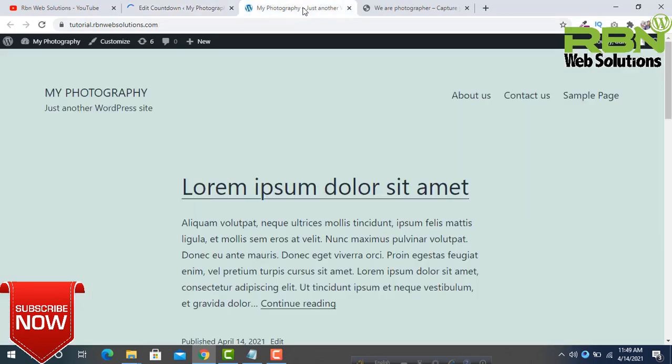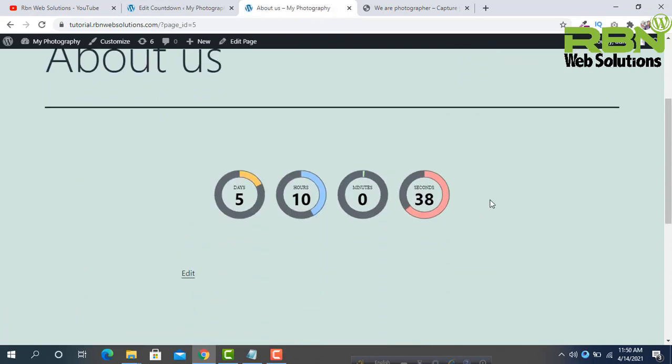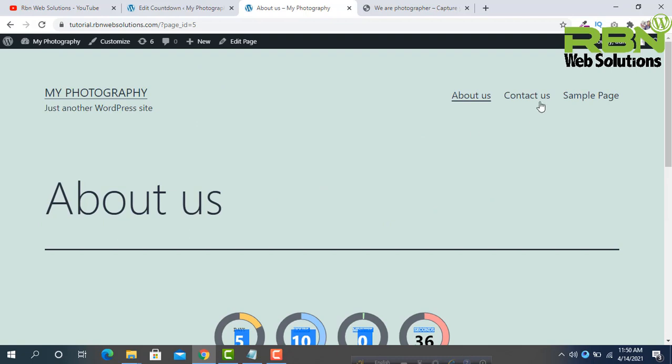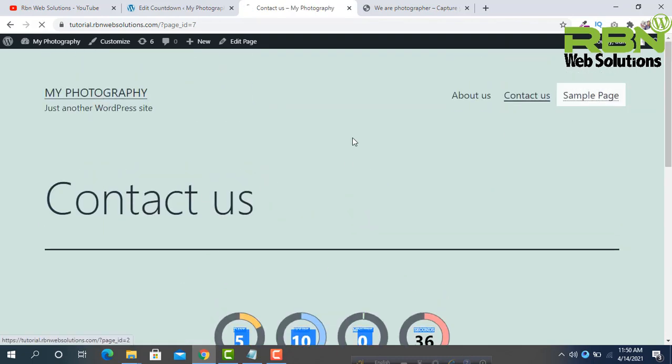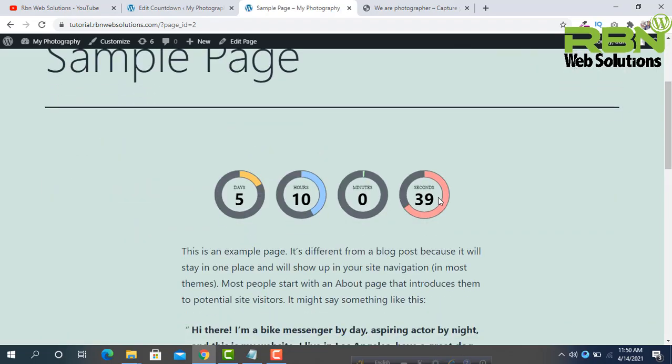Publish. Reload the site, go to the About page. Here you can see the timer. If you go to the Contact Us page, the countdown timer, sample page,